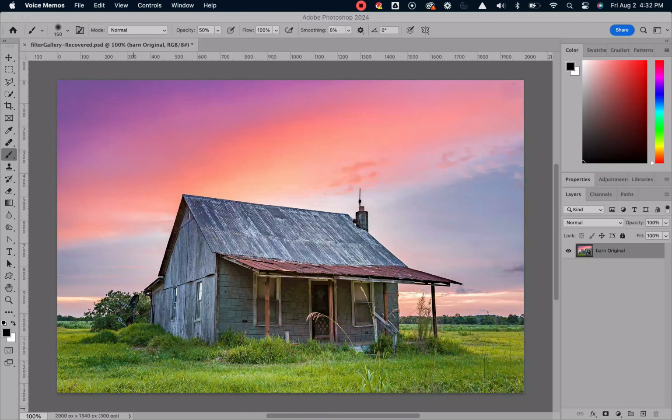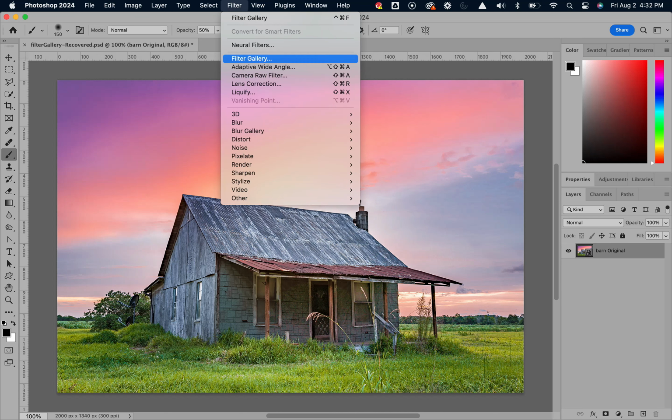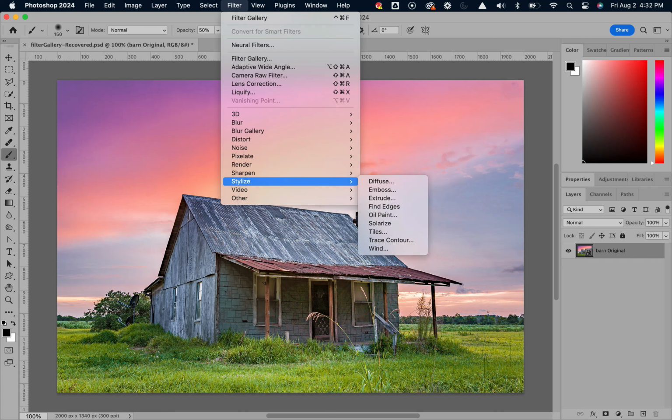In Photoshop, you can make a lot of very cool changes to your images just by using filters. To do so, just select your image layer and then the filter drop-down menu at the top of your screen. As you can see, there are lots of filters to choose from, including the very popular filter gallery, where you'll find the artistic painting and sketching filters, then to the more technical camera filters, and then down to many other